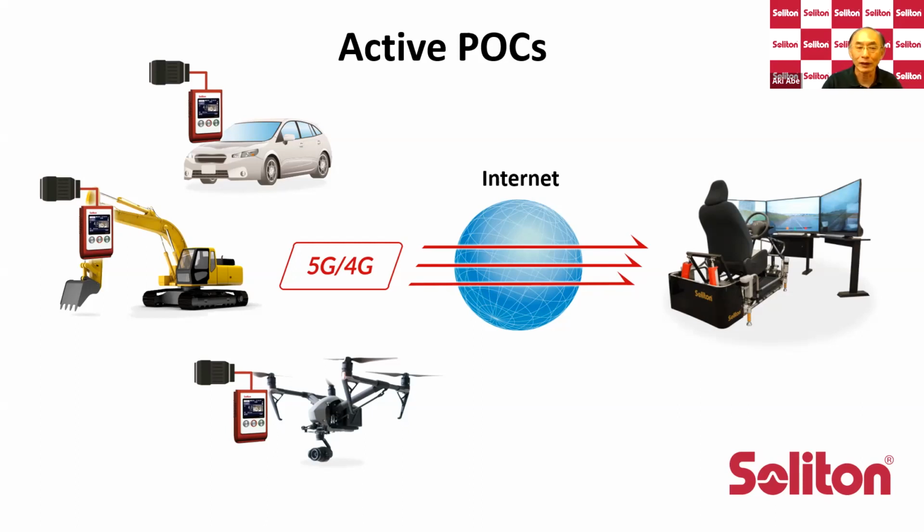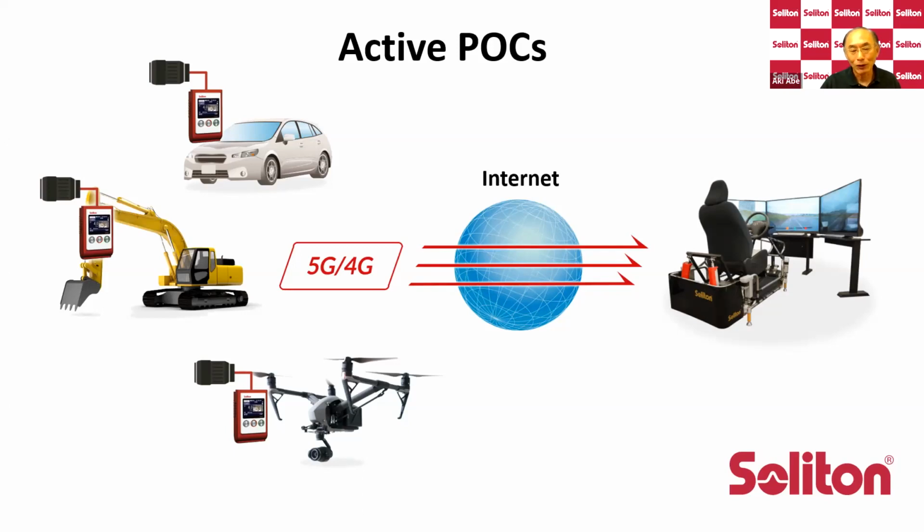As of today, we have already done this with a 4G network. So that's available for now. And for this application, not just for the regular vehicle, we also do the construction machine. With a construction machine, you can go into the construction area, and the people on the remote side, maybe in a nice air-conditioned room, can remotely drive it. So that can extend your ability to use your human resources as much as possible.